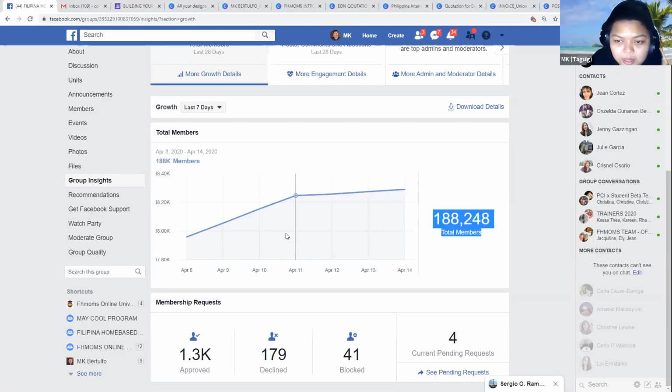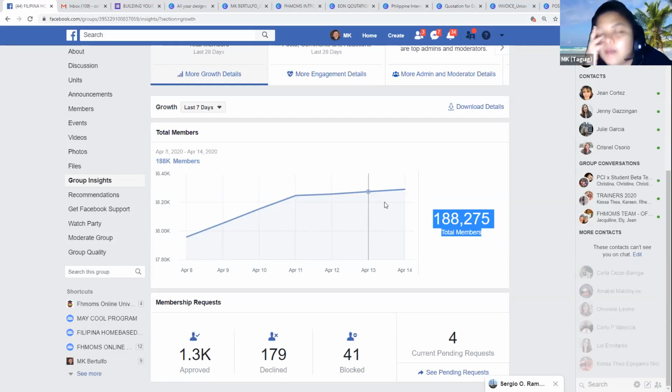So, ano nyo yan, makikita nyo. You might also want to compute your growth rate. Pag sinabi natin growth rate, pwede nyo siyang i-Google. Google nyo na lang siya. Pagdating sa, if you're familiar naman with accounting, meron naman tayong tinatawag na, I forgot, yung growth rate din in terms of sales.